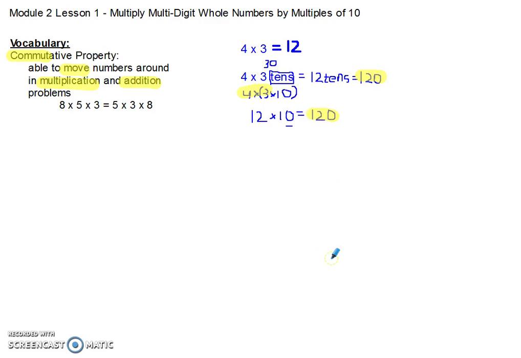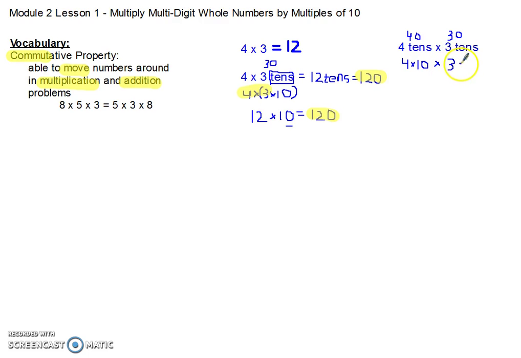Now we're going to use that same idea and solve our next equation. Now we're going to do 4 tens times 3 tens. If I'm going to be doing it the same way I did here, 4 tens is equal to 40, and 3 tens is equal to 30. So really, 4 tens times 3 tens is asking us to do 40 times 30. We can also rewrite 4 tens as 4 times 10, and then we have that multiplication in the middle that we drop down, and then 3 tens can be rewritten